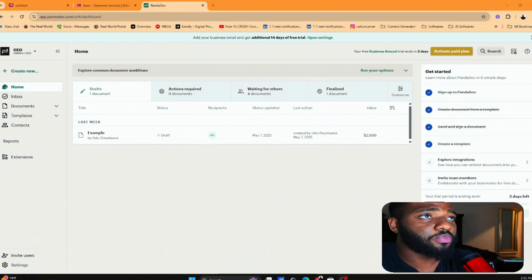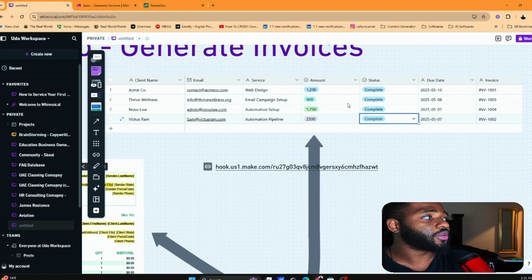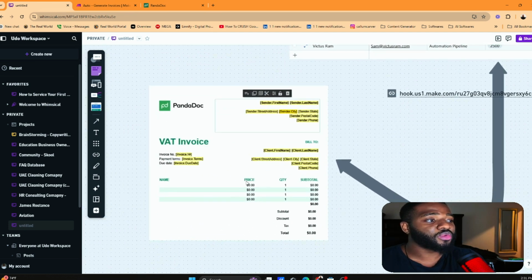you'll see we're going to use PandaDoc right here. And essentially what we're going to do is that you see this CRM right here. Basically, when you switch this to complete, it's going to auto generate an invoice like this. So this is pretty good for agencies, consultants, or any business who just has a bunch of clients that they're